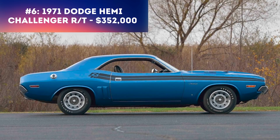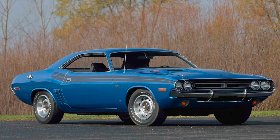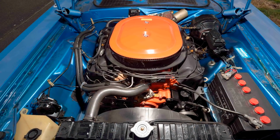The 1971 Dodge Hemi Challenger RT, again another beautiful vehicle that sold for $352,000, was also unrestored with a numbers matching 426 Hemi under the hood. This was one of only 71 Challenger RTs that was produced with a Hemi and a manual 4-speed for the Hemi's final year in 1971. This B5 Blue Challenger has the original broadcast sheet and fender tags, and that A34 Super Track Pack that we